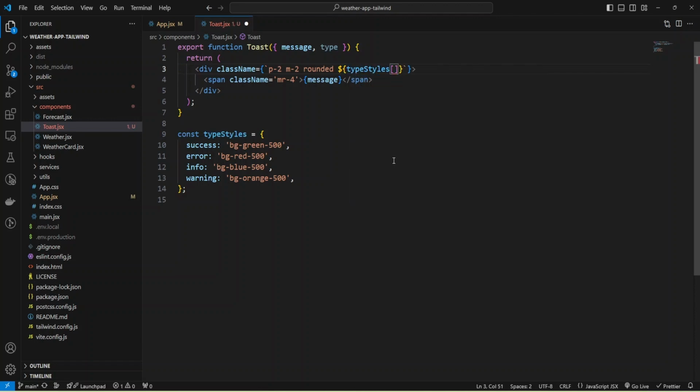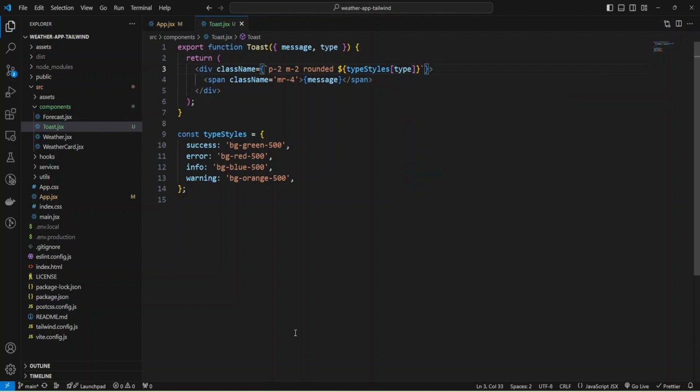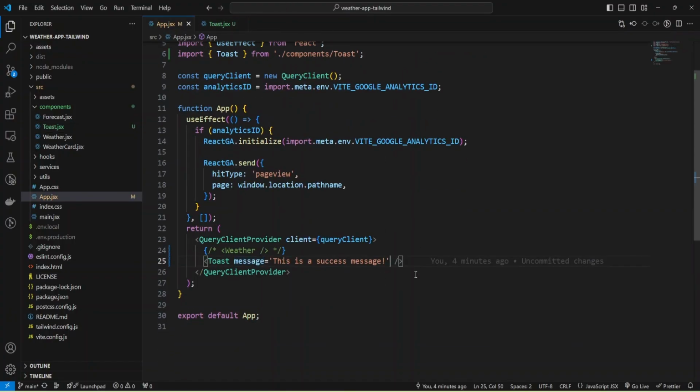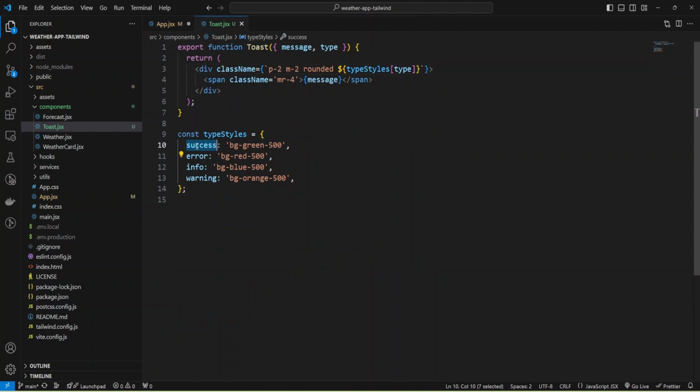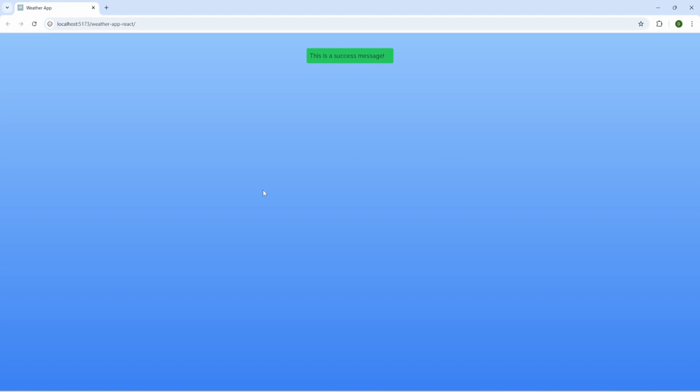I'll use my type from props. Okay, and let's check what we have. Okay, and we need to add prop type to our Toast component. I'm going to provide success. Let's check again. And we have a green background.